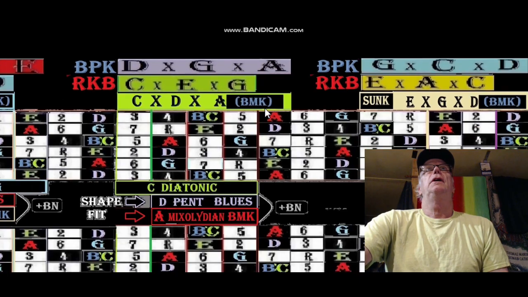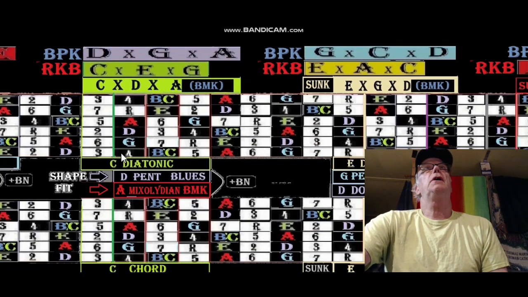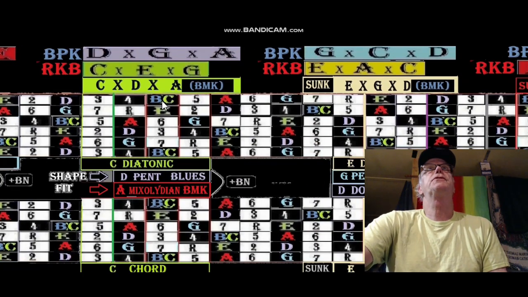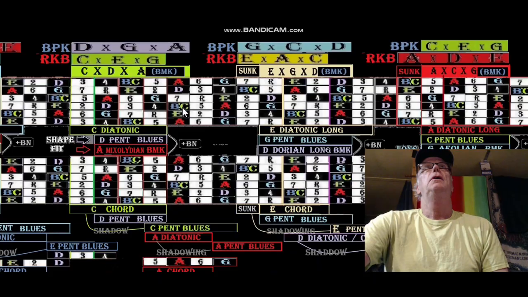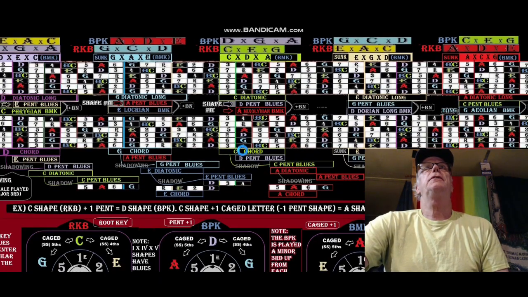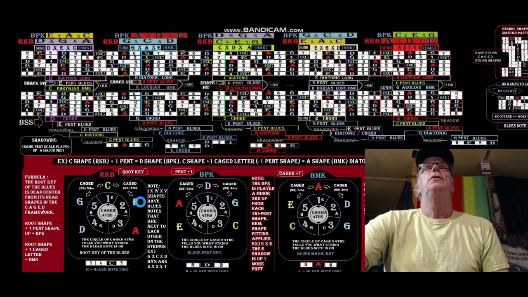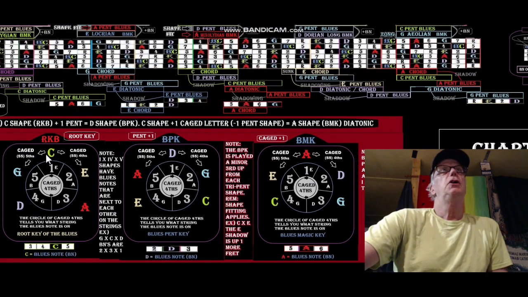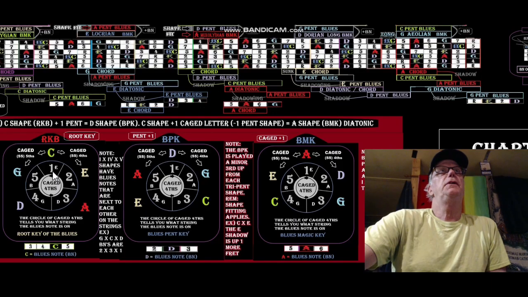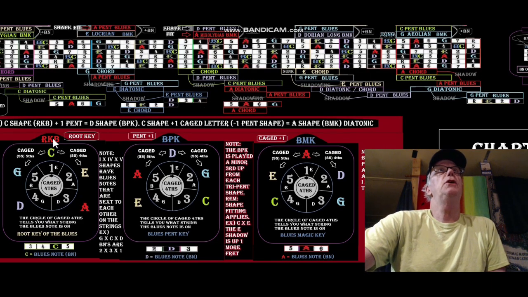Okay, a little watch on the blues notes. Where are they? They're on the first string and the sixth string, which are the same. And then over here we've got one on the third string, but when are we going to get to that? We don't know yet. So I'm just going to show you on the chart that once you have the root key of the blues is C, and you have the location of the blues note, and root key is on the first string,